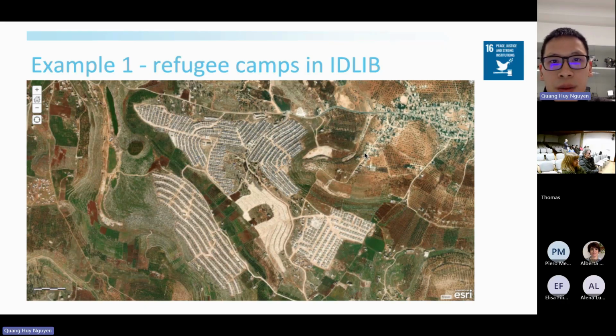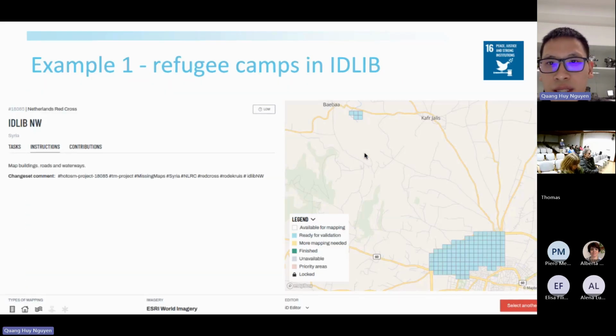So here is the satellite imagery of the refugee camps, and also here you can see that actually there's a project of mapping the refugee camps in Idlib on HOT Tasking Manager. So it's actually a humanitarian project.